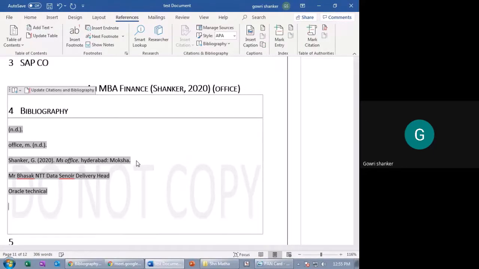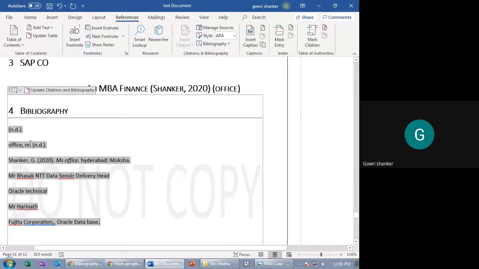Right. And next you have Mr. some X. Okay. You can take Mr. Harinath, Fujitsu Corporation. Right. Oracle database. So I can just reference I'm giving. So this comes under bibliography.